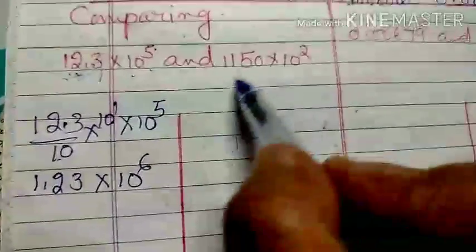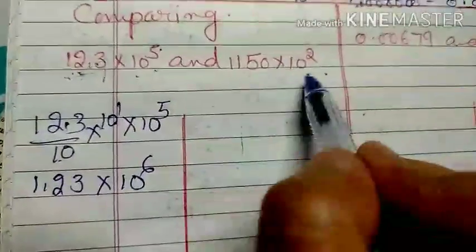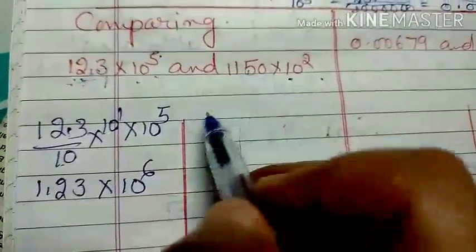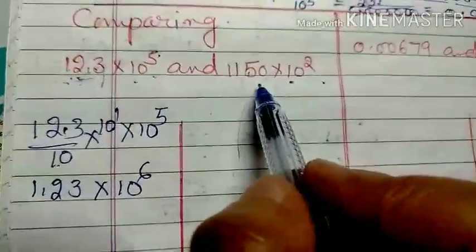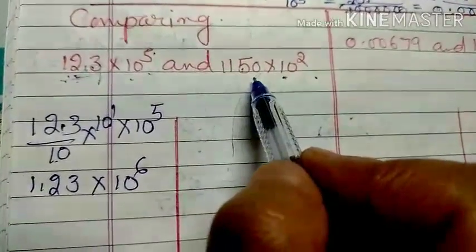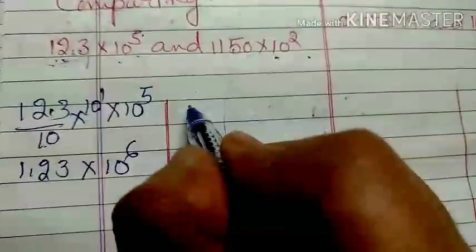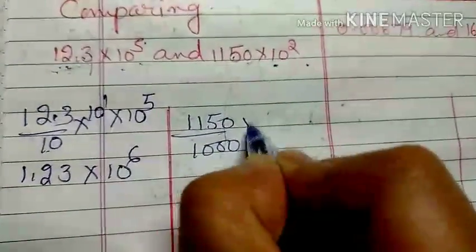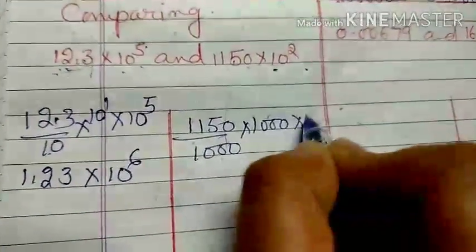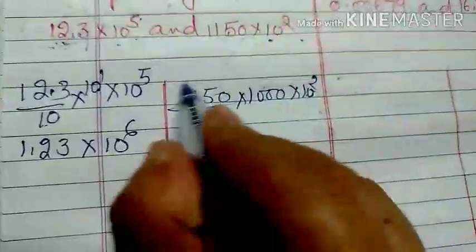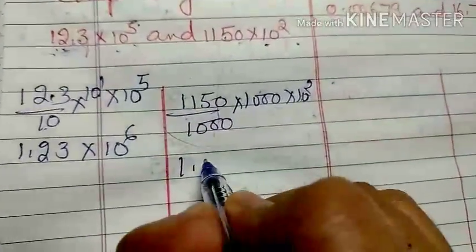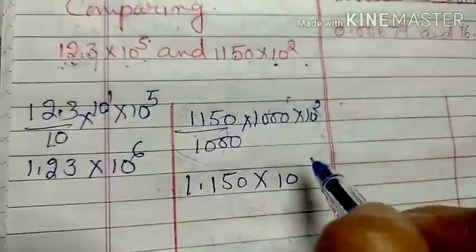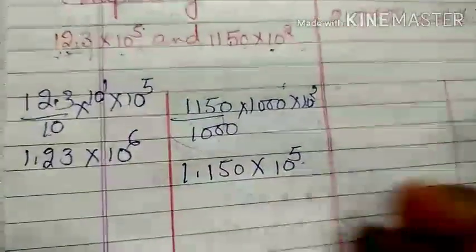Okay, now I convert this also into standard form. Only the 10 multiple is available, but that term is not in the form of standard form. So first I will think how many digits I want to keep after the decimal, like 1, 2, 3. So I divide by 1000. 3 digits are there, we divide and multiply by 1000. So that portion gives me 1.150 into 10 raised to power 3 plus 2, which gives me 5.